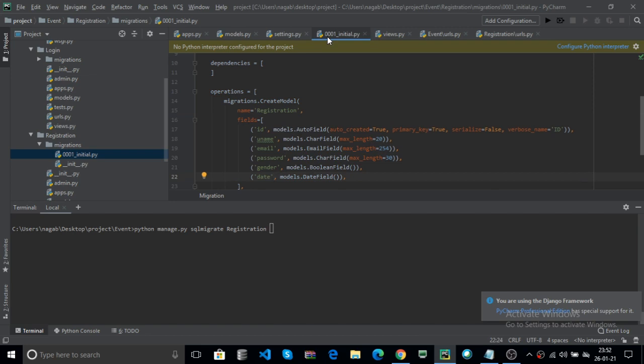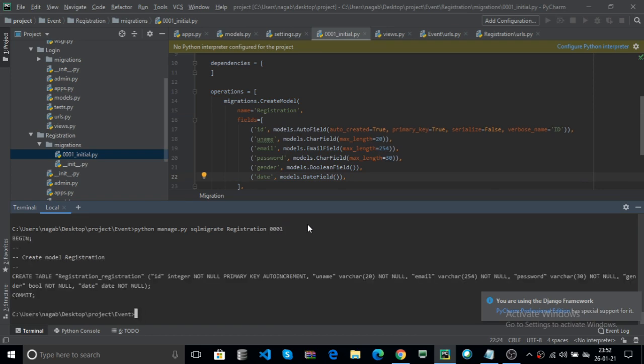This is the 0001 underscore initial. You can directly use 0001 and hit enter. Here sqlmigrate is done. It creates one table for you, that is registration underscore registration. Here it returns the default one field, that is the ID field, and the username, this is the uname, this is one field.